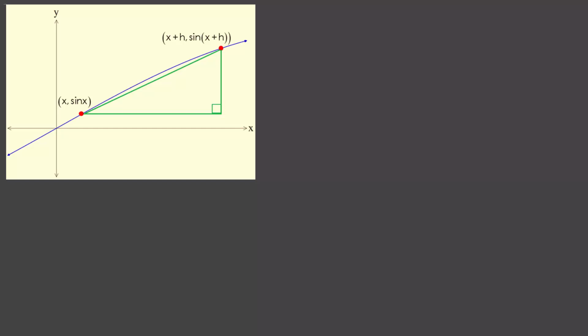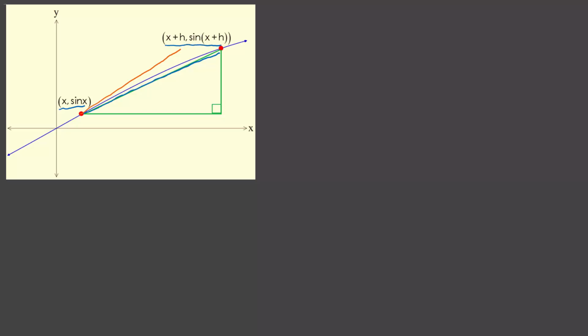Now, we've seen these sorts of arguments before. What we're doing is we've got a point here and we're trying to work out what the gradient of the tangent is at the point x, sine x. So what we do is we approximate that with a chord here between x, sine x and x plus h,